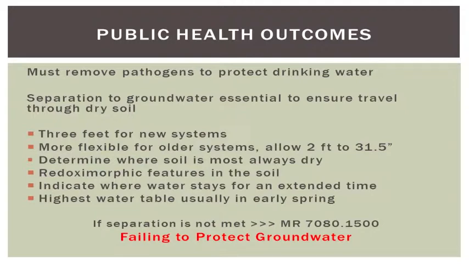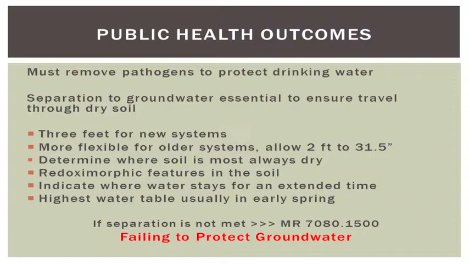As stated, for soil systems receiving the septic tank effluent, a 3-foot vertical separation distance is required to get rid of all the nutrients and the pathogens that are contained in the sewage itself. For existing systems, though, we do have more flexibility given to us by the state legislature, so that the 3 feet can be reduced to 2 feet in some situations. And there's also more flexibility in that 3-foot separation distance if you provide pre-treatment of the waste with an advanced treatment device such as an aerobic tank.